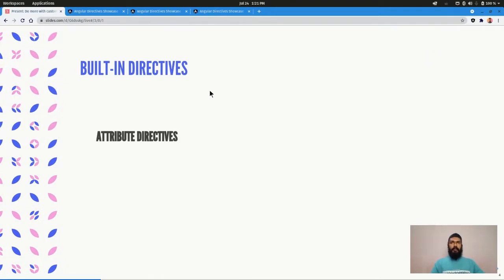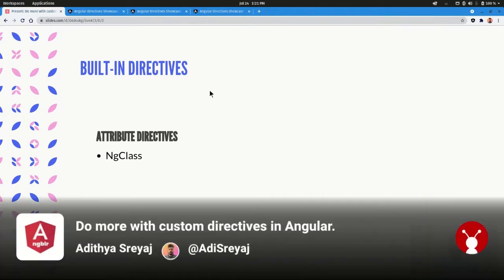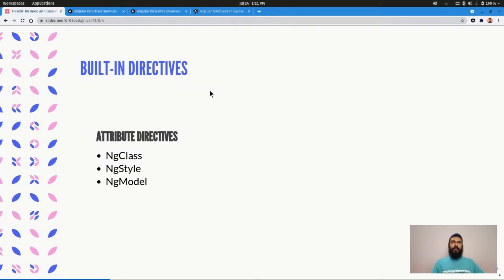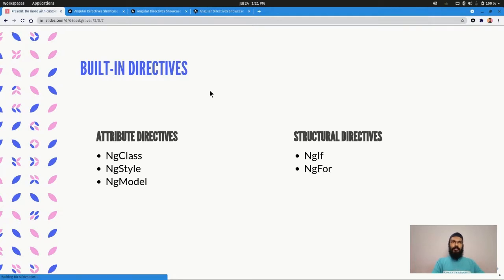In Angular, there are a few built-in directives provided. Among attribute directives, the first one, which all of us have used quite often, is ngClass. Then we have ngStyle, then ngModel. I'm not going to go into each of them because we have time constraints. Then we have structural directives. We have always used ngIf to conditionally render items. Then we have ngFor if you want to render a list, and then ngSwitch case, similar to the normal switch. So these are some directives that are available out of the box in Angular. But what we are going to look at today is building our own directives.